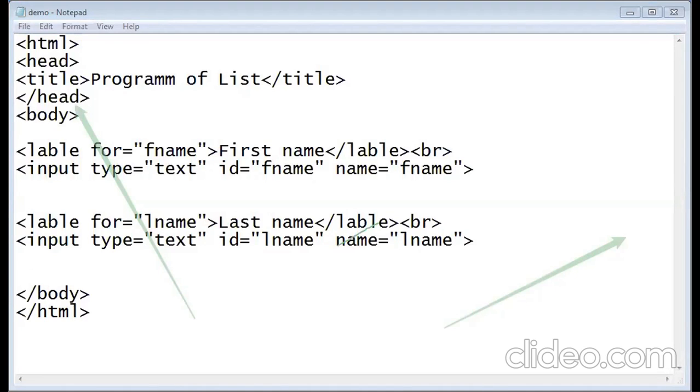Okay, now you can see first name will be as label. Then there is text field. I will enter first name is Gunjan. Okay, last name is for another label. Last name is label. Then text field I will enter last name as Deshmukh. Okay.